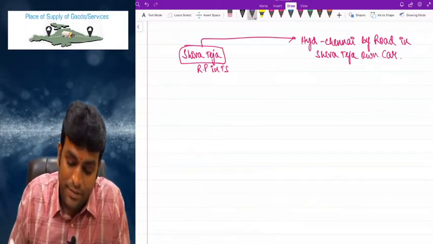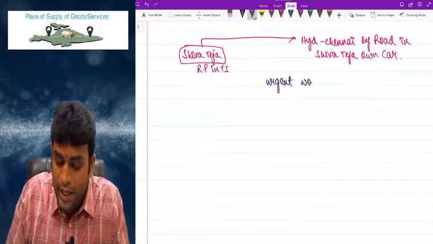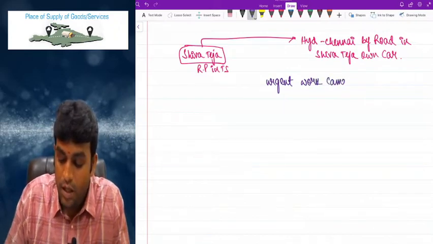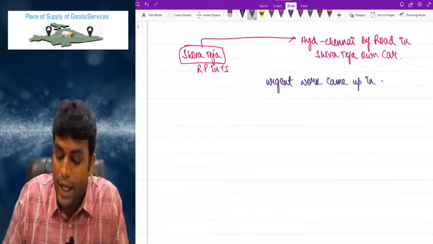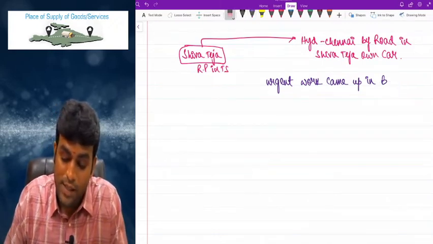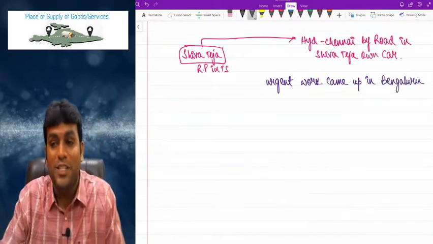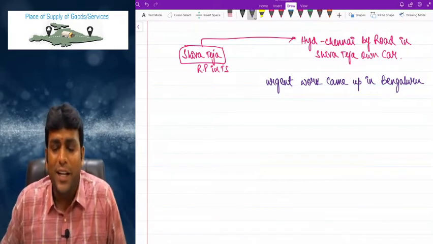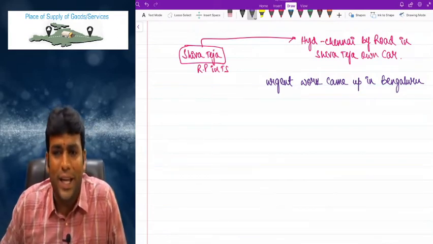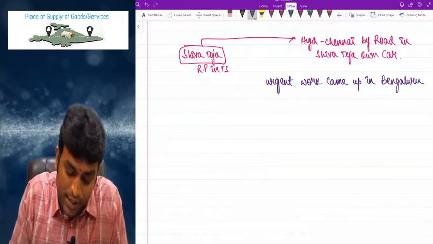Now what has happened? Some urgent work came up in Bengaluru. I repeat one more time, friends: some urgent work came up in Bengaluru. Now, since urgent work came up in Bengaluru, I immediately cannot take a car and go to Bengaluru like that. So when urgent work came up in Bengaluru, what I have done is